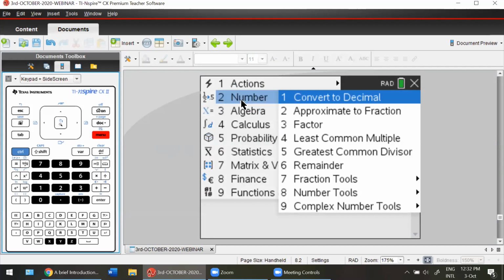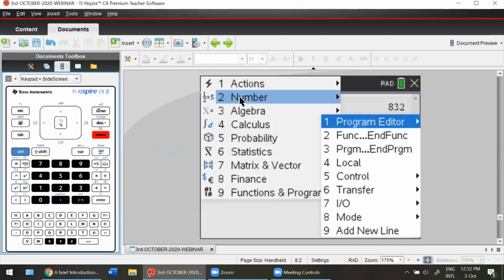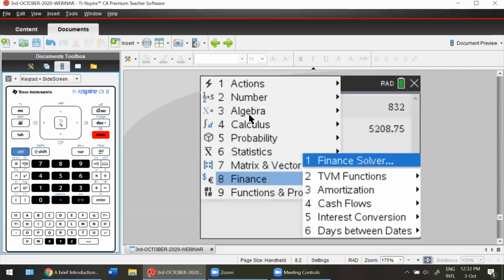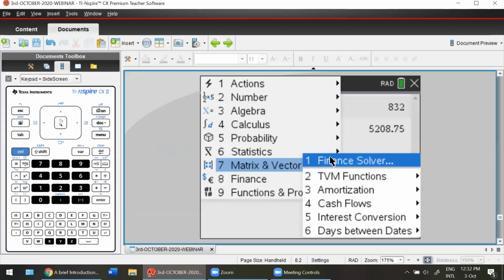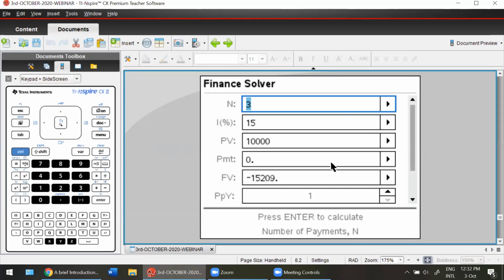When you go to menu itself, you will see 8. Like 2 represents number, 8 represents finance. So just hit finance and finance solver. So basically it's menu 8.1. Good to know your shortcut keys there. So N is 2, just type 2 there. Your I is 8, type 8 there, and your PV is 5,000.